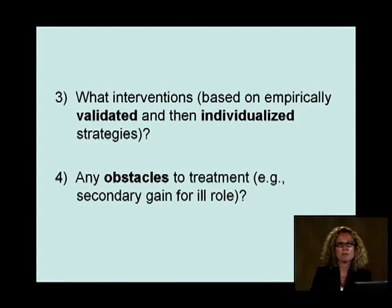Ask yourself what interventions follow from the conceptualization and empirically validated theories. Also, are there any potential obstacles to treatment? For example, secondary gain from an ill role,